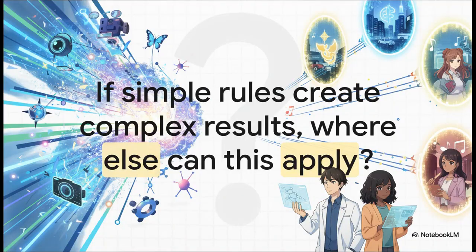So this all leaves us with one last really fascinating thought to chew on. Flow matching proves that if you average out a whole bunch of simple, maybe even wrong little rules, a much more complex and elegant truth can just emerge. And that begs the question, if this principle is so powerful here, where else could we apply it? What other huge, complex problems out there might just have a deceptively simple solution hiding